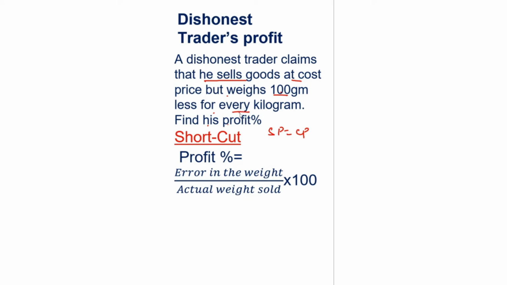Means he is actually giving 900 grams. So when selling price equals cost price, the shortcut is profit percent equals error in the weight by actual weight sold into 100. Here error in the weight is 100 grams because he is giving 100 grams less. By actual weight sold, actual weight that is sold is only 900, when he claims he is selling 1000 grams, into 100. 100 by 900 is 1 by 9,